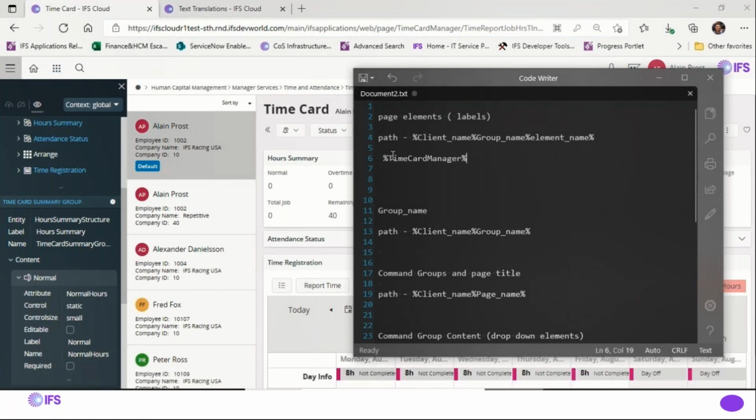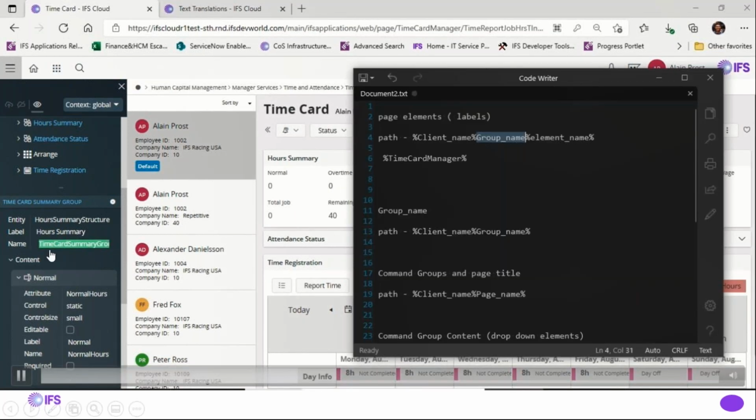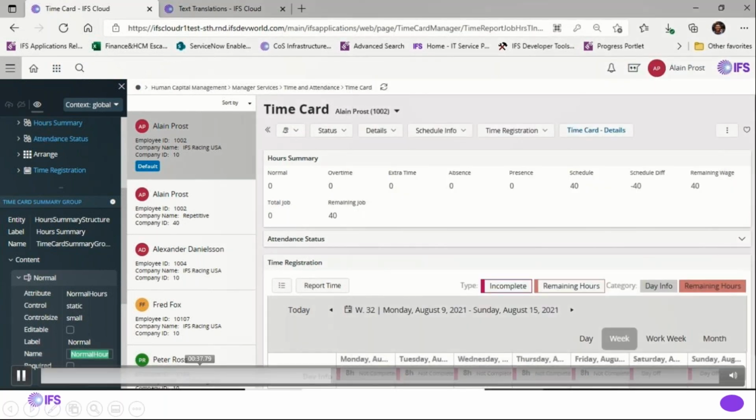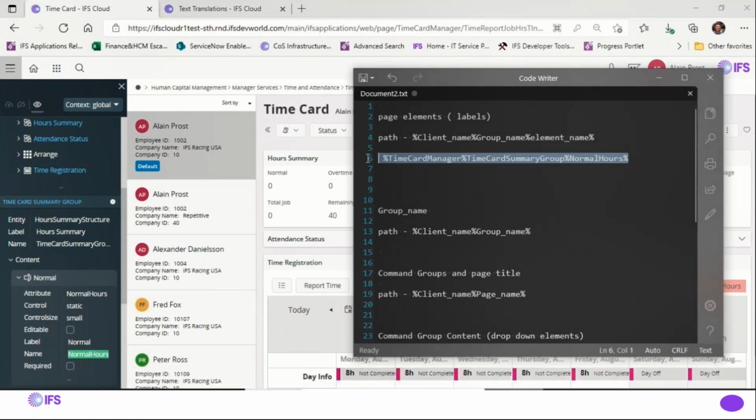Then you need to find the group name. The label name is our summary, the group name is our summary group, percentage, then the element name, which is under the element. Copy it, paste it, the wildcard. Here you can get parts of the path that will be necessary to get the